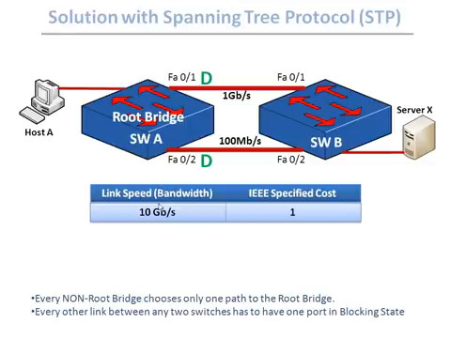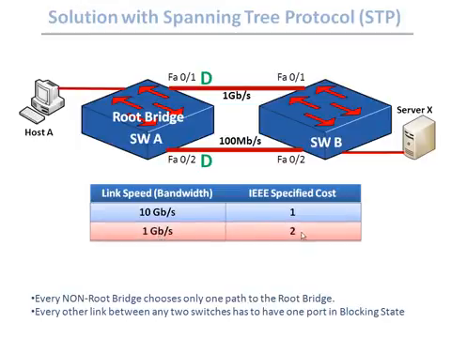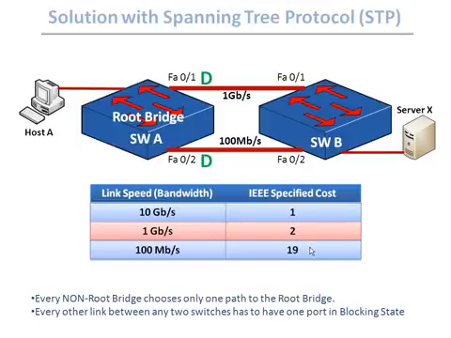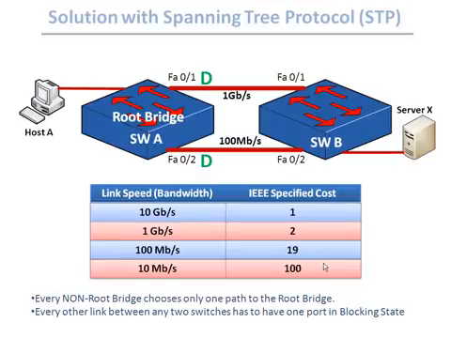For 10 gigabit bandwidth, the cost is 1. On 1 gigabit, the cost is 2, for 100 megabits, the cost is 19, and for 10 megabits, the cost is 100. So every non-root bridge chooses the path with the lowest cost to the root bridge,